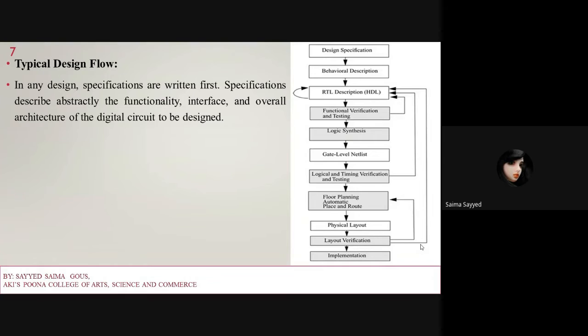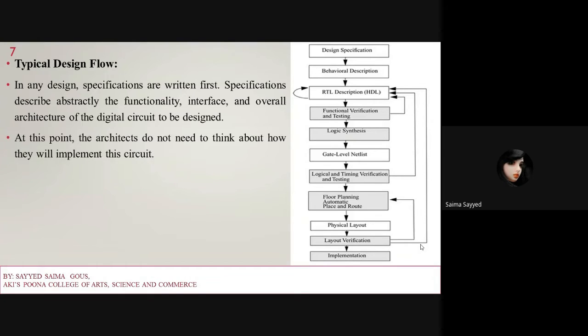First we have to write the design specification that describes abstractly the functionality, interface, and overall architecture of the digital circuit to be designed. So the first block is design specification, in which we write the interface and overall architecture of that digital circuit.